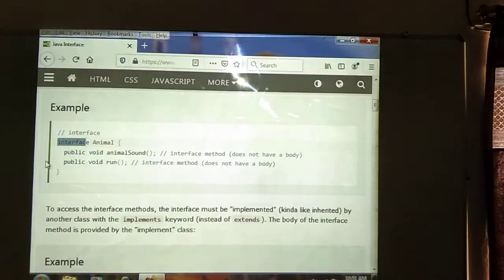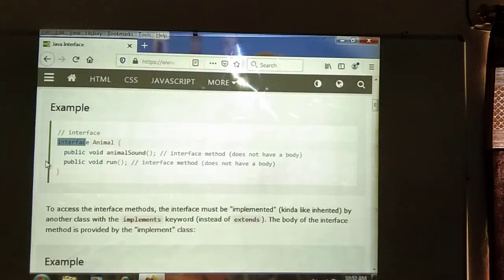First, whenever we give the interface name, we need to start with an alphabet only. It can be two words. As an interface name, we need to combine these two words. How to combine? The first word's first letter should be in capital. The second word's first letter also we need to write in capital only. Otherwise we can use the underscore. Underscore is the only special symbol we can use. The remaining symbols cannot be accepted here. These are the rules we need to follow.